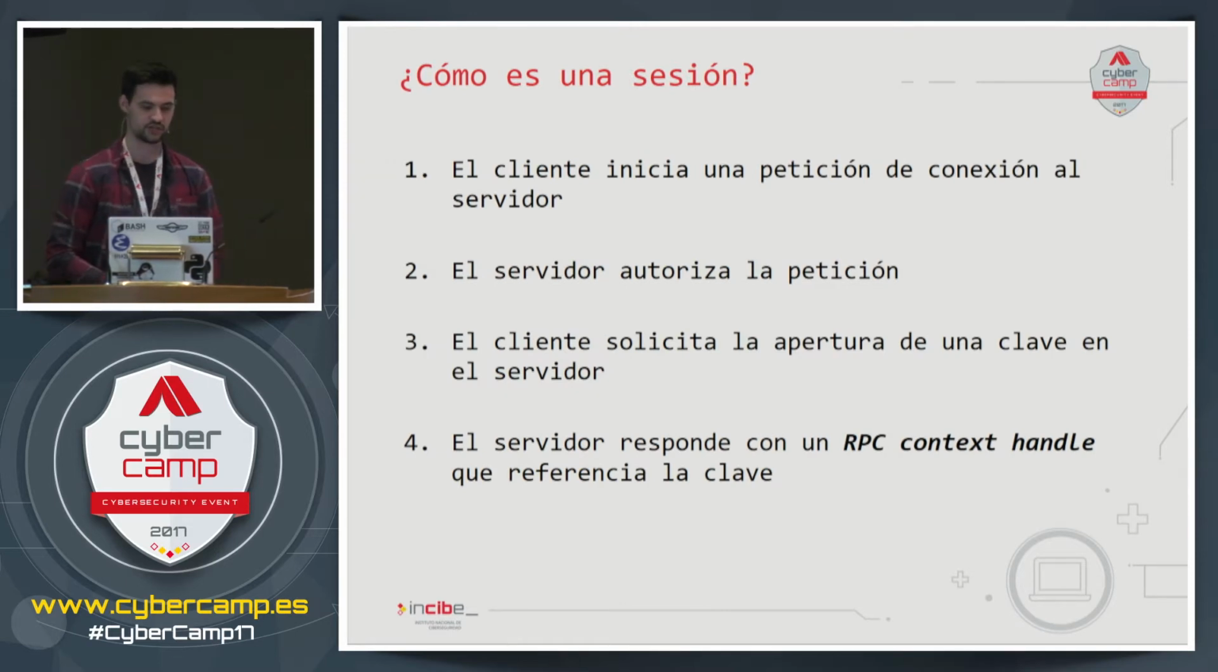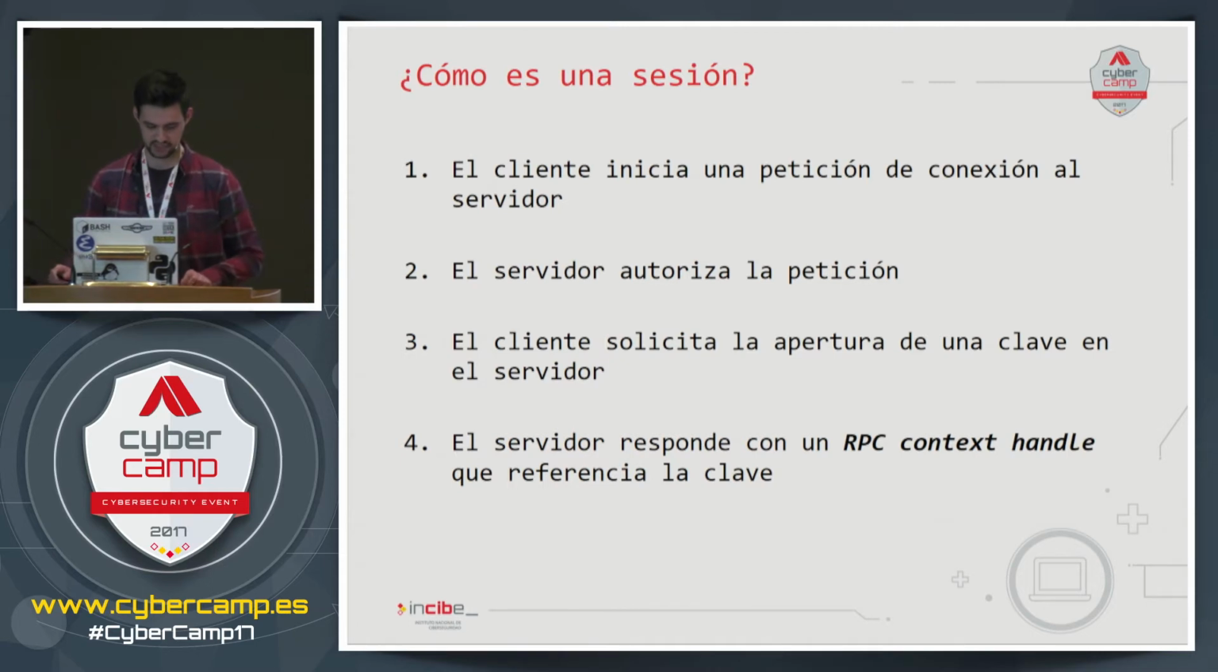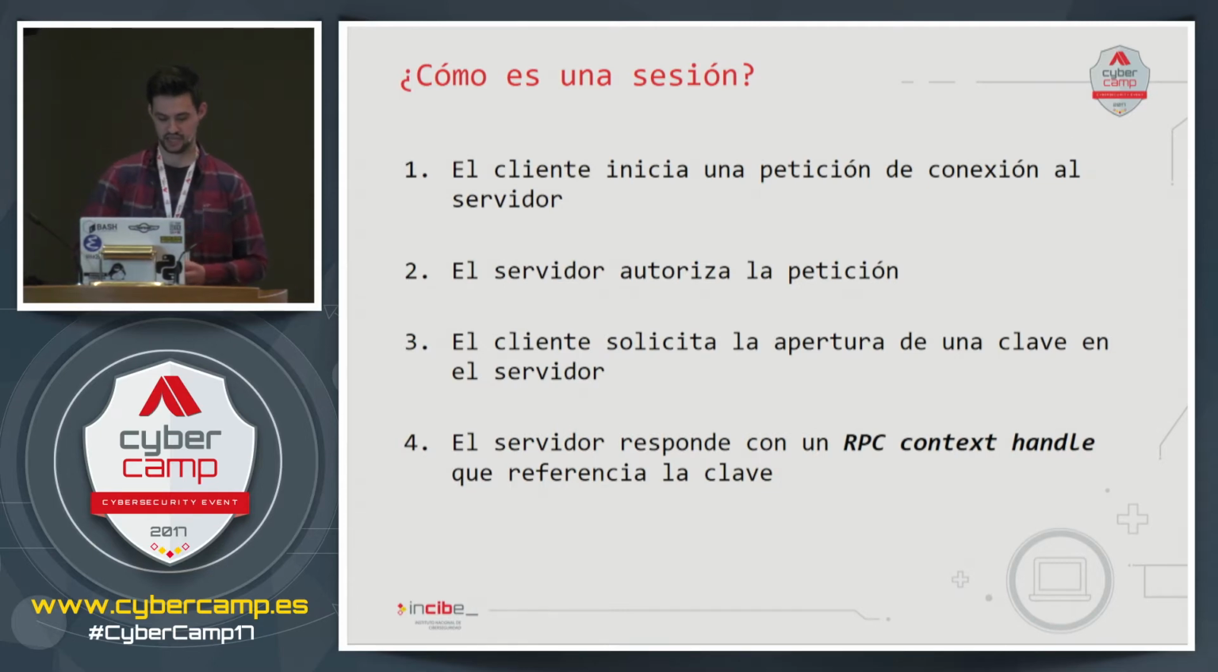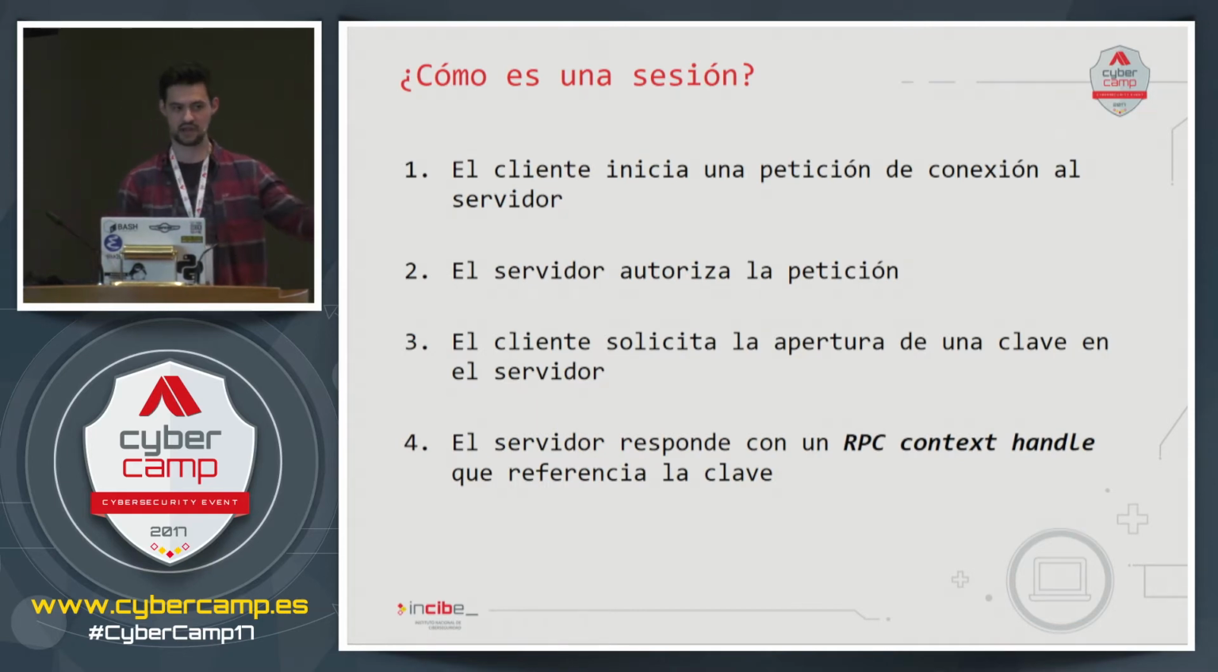How does a remote registry protocol session work? It's very simple. Firstly, the client connects to the server, as we said previously. The server authorizes the authentication request made by the client, and then the client can carry out a series of operations on the server. What operations do you normally do? For example, the first one is an open key. In an open key, the client opens a key,